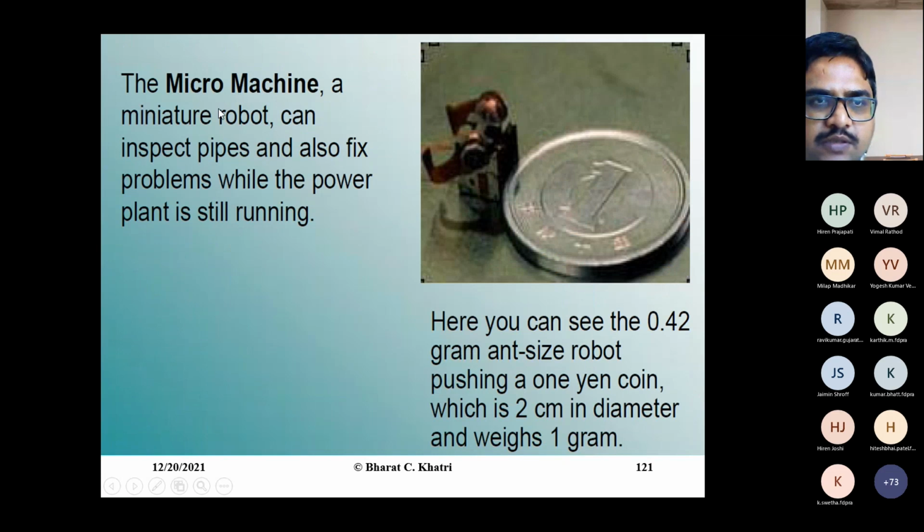It is a micro machine, a miniature robot shown here that can have a size of 0.24